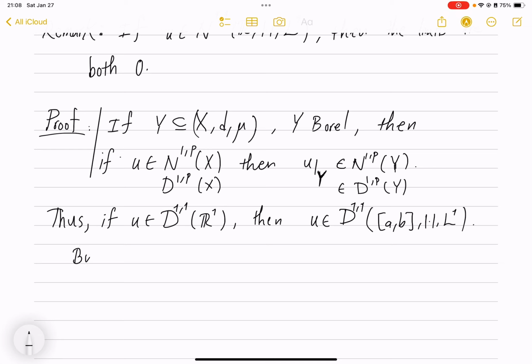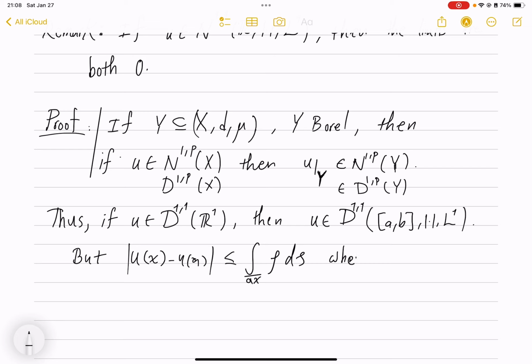But u of x minus u of a is bounded by the integral over the line segment, over the canonical path that connects a to x, of the upper gradient of function u on s,